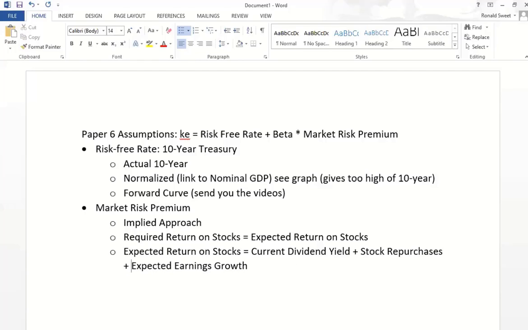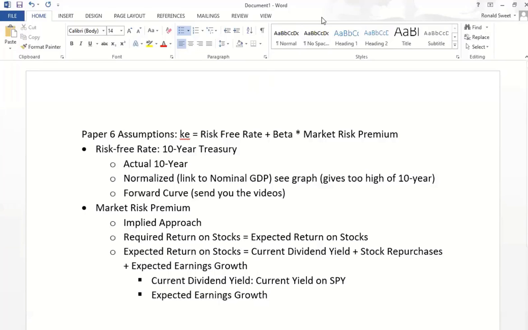So stock repurchase is a new thing to add. It used not to be part of the equation, but it is now. So we said the current dividend yield, I already showed you that. You can just use the current yield on SPY and you've got it if it's there. Yahoo Finance every once in a while takes that number away. I don't know why, but it's there right now. Last time we checked, it's there. We'll talk about stock repurchase, but let's do expected earnings growth. But before we do that,